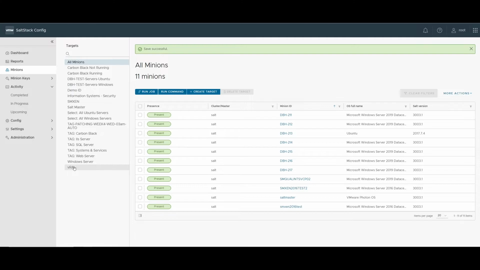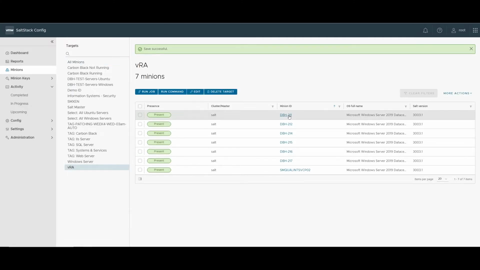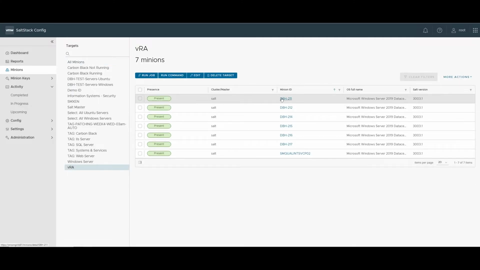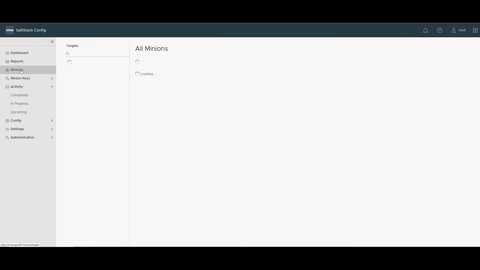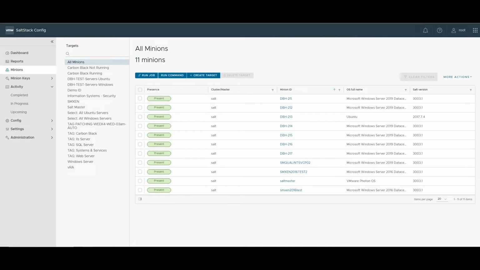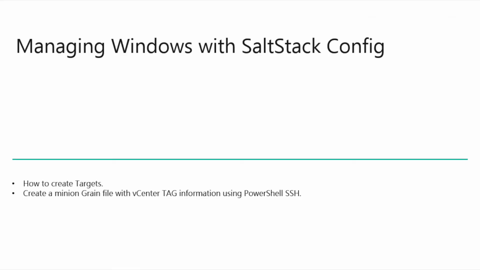That way it can be anywhere within that string of tags. So then when we go and look, it'll create your targets based on the vCenter tag that you specify. We use vCenter tags a lot, and to have that as grain information makes it a very nice way to